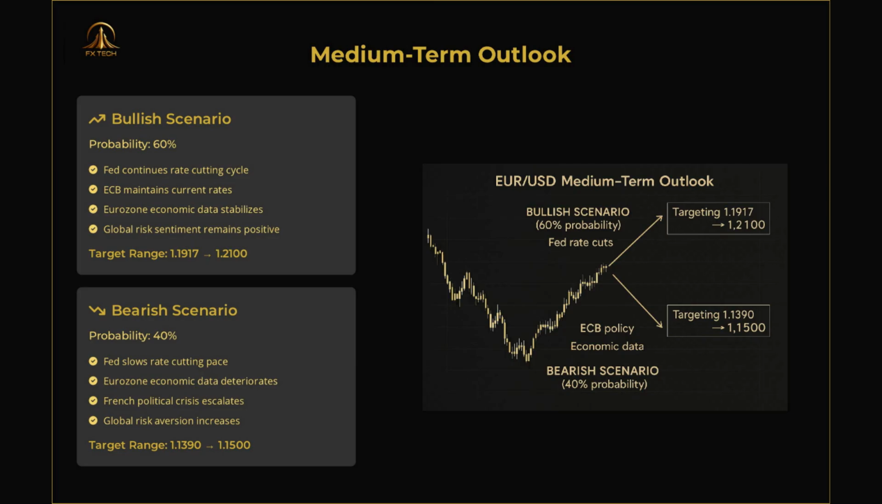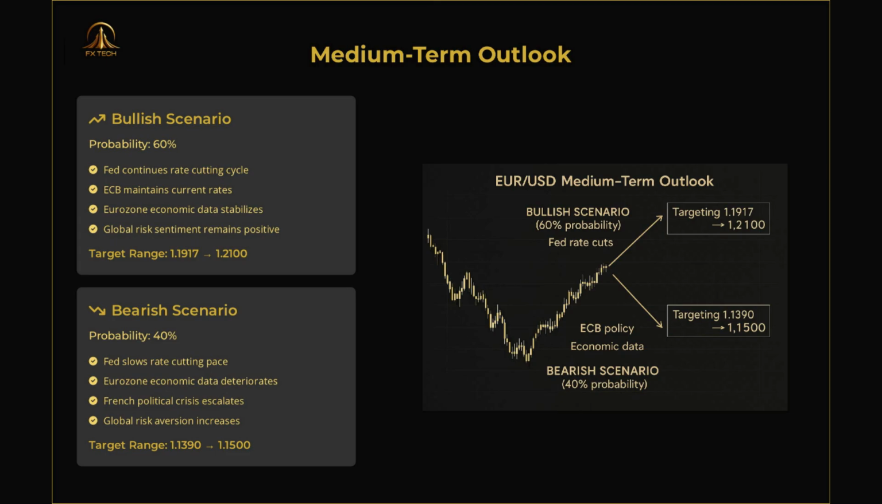Looking beyond the short term, we've identified two potential scenarios for EUR/USD over the next 1 to 3 months. Our primary scenario, with a 60% probability, is bullish. This outlook is predicated on several conditions: the Federal Reserve continuing its rate-cutting cycle, the ECB maintaining current rates, Eurozone economic data stabilizing, and global risk sentiment remaining positive. Under these conditions, we expect EUR/USD to target the 1.1917 level initially, with potential to reach the psychologically important